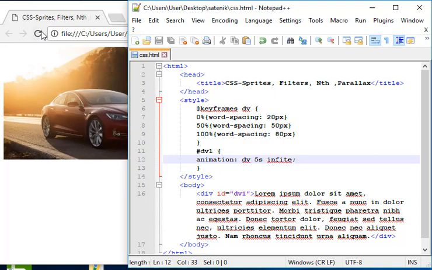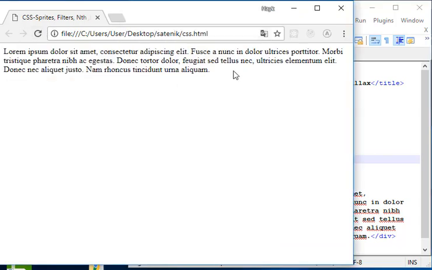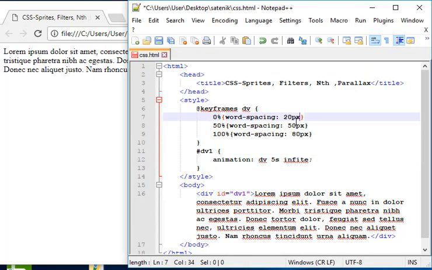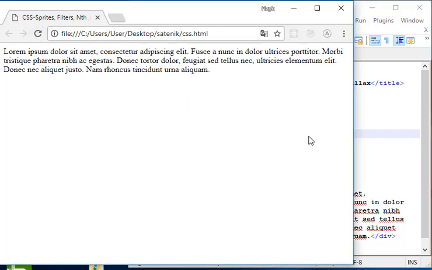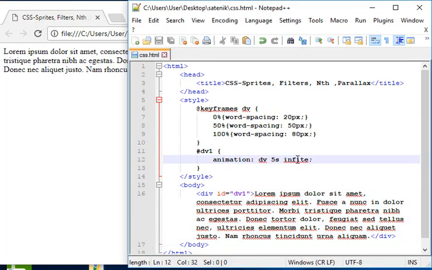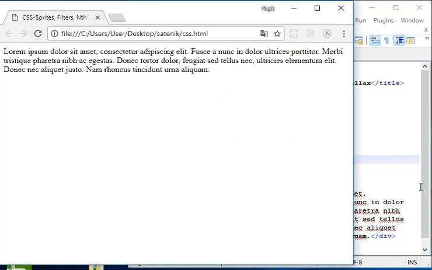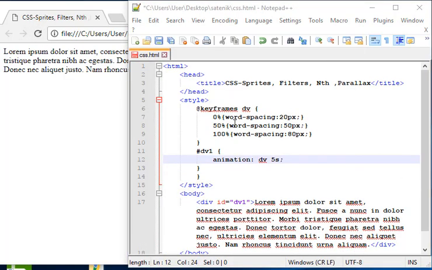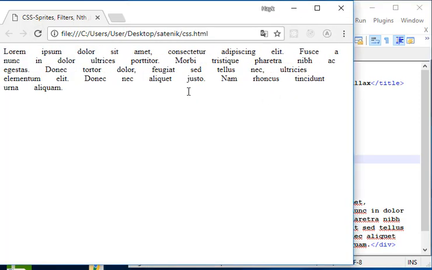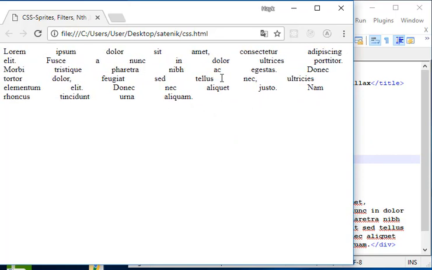And now when I save and refresh, and we need to add in our semicolons here. Now save and refresh, and I made a mistake here, so infinite, save, refresh, and so put in animation dv 5s, so 5 seconds, and when we save, refresh our page, we get our text